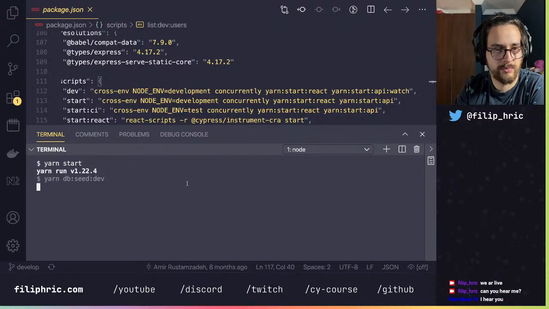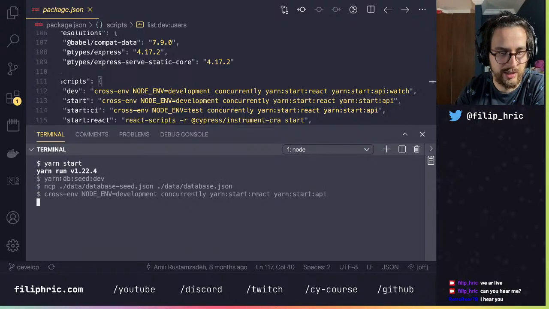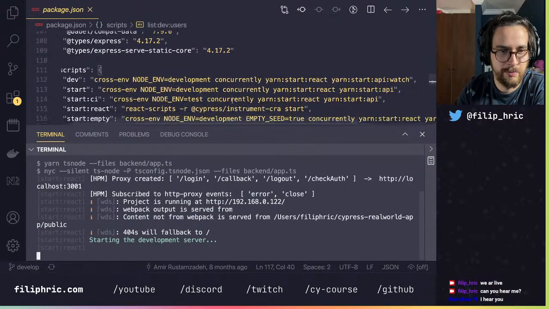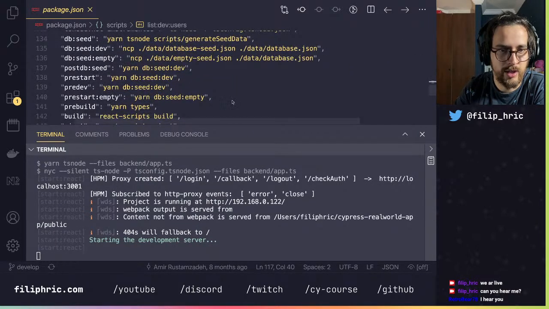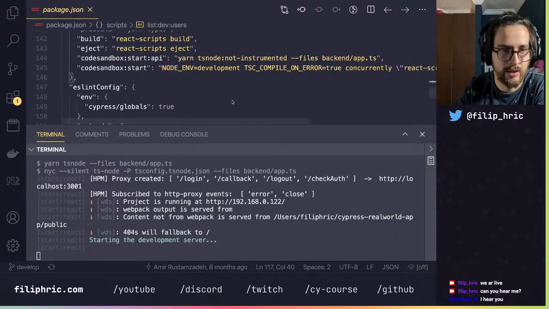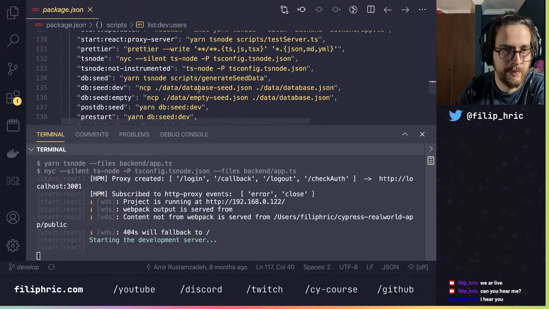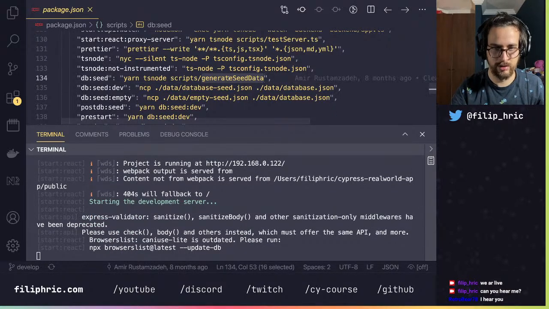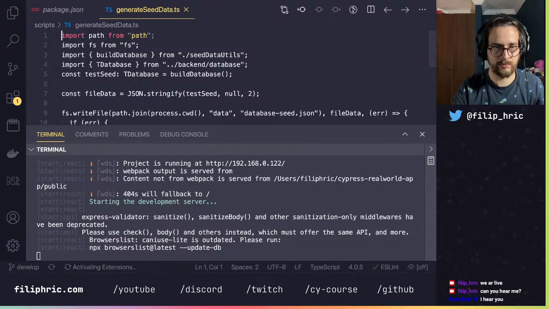You can see that there's this yarn seed script, and we can actually see it here, right? Yeah, db seed. So there's a script that is going to generate seed data. Let's look into what it does.